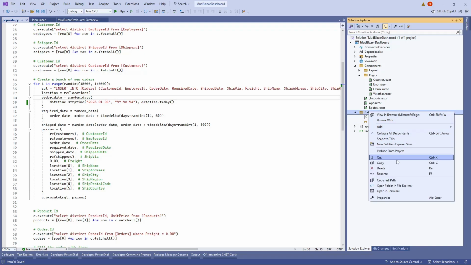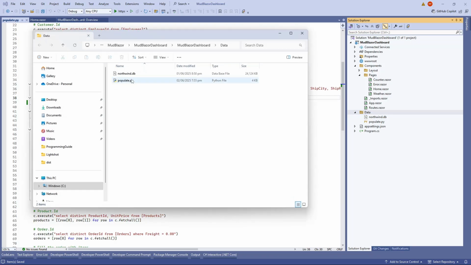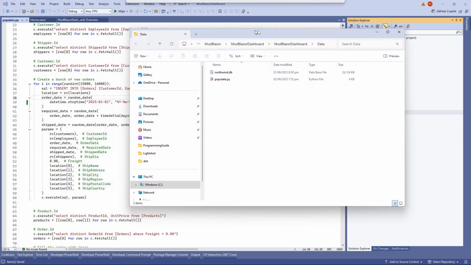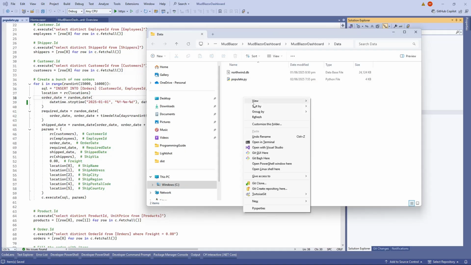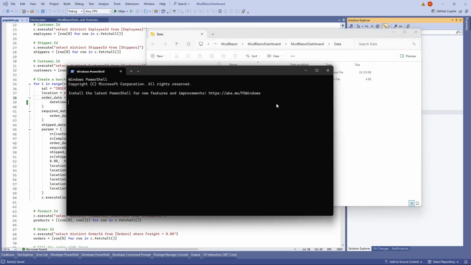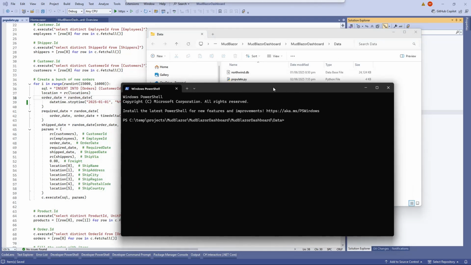Let's open the folder where this populate.py Python file is, and then open a command prompt here. Let's press shift and right click on the keyboard, then open in terminal, and here we can just run that populate.py file. So we do python populate.py,